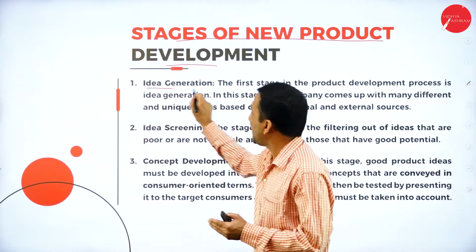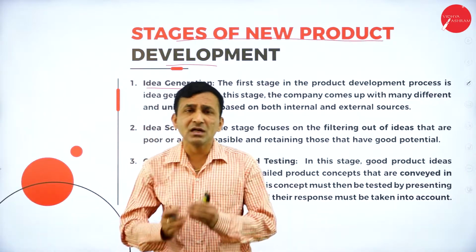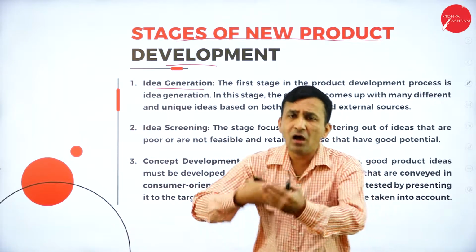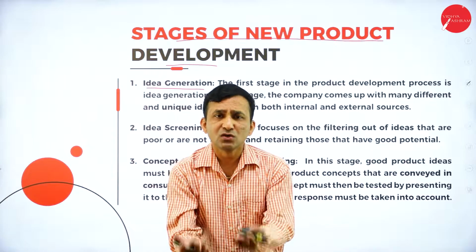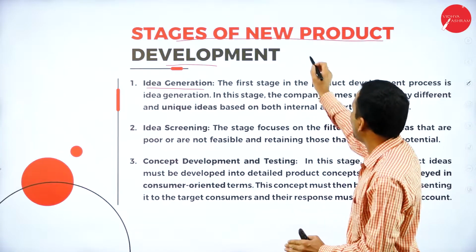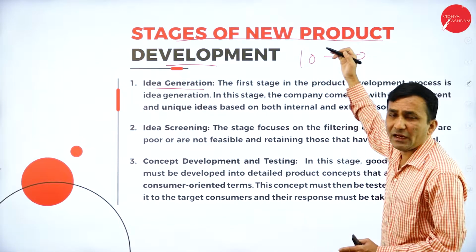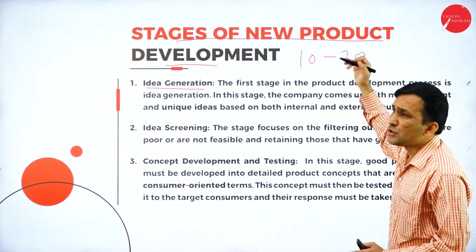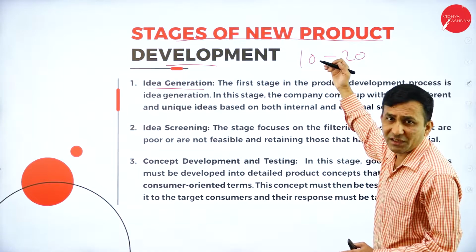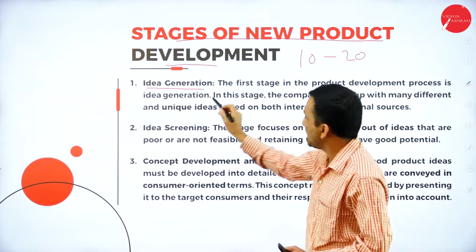And first one, idea generation. How are you generating an idea? With the help of internal source, whatever is available, or you are depending on the external source. So when you are planning to develop any new product, of course you are selecting 10 ideas or 20 ideas. In the 20 ideas, we are screening one by one. Which is giving more revenue generation? Which one can I implement? That's what I just specified here.